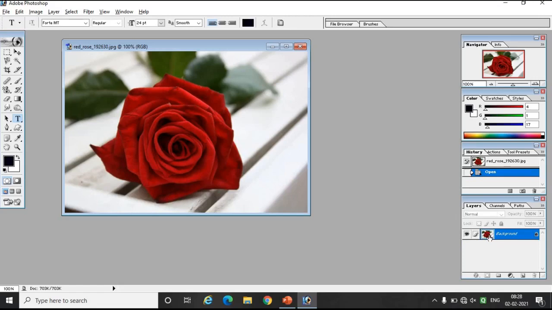Layer thumbnail, what is there inside it? What is there inside the layer thumbnail? So in the layer thumbnail, there is a rose image, there is a rose. Okay, then